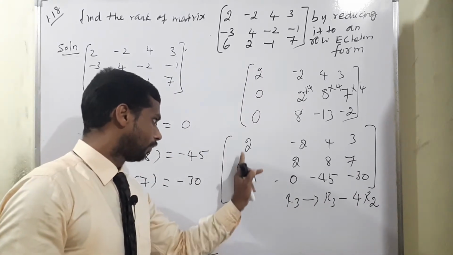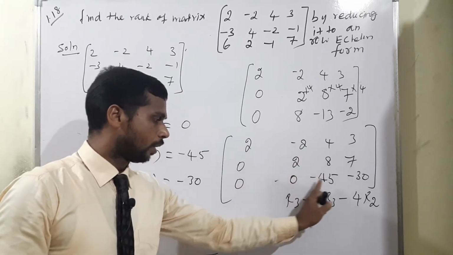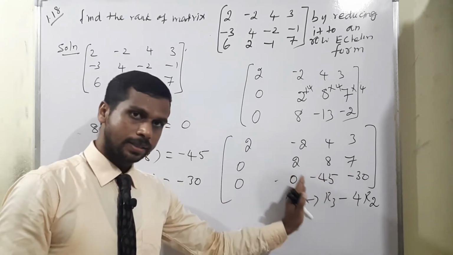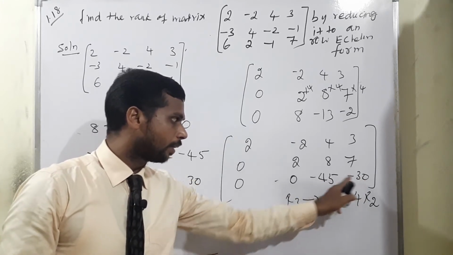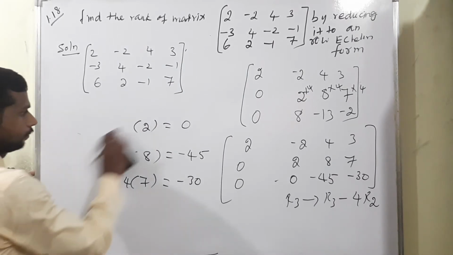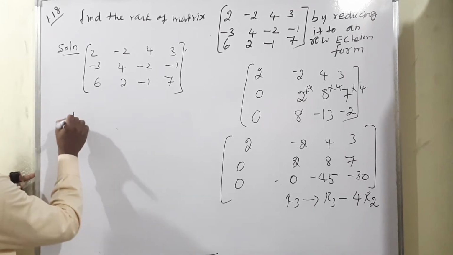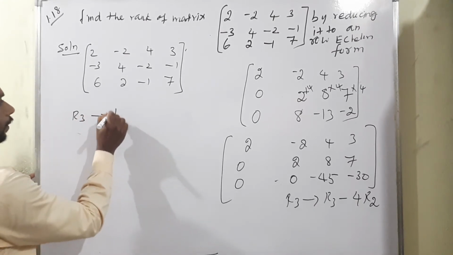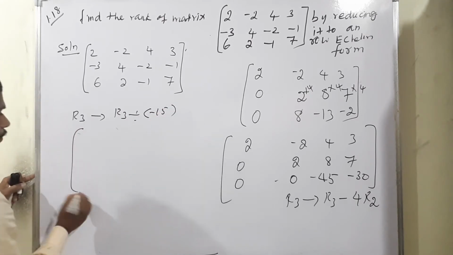Under the term, when starting the non-zero digit, under the term 0, again 2 is there under the term 0. But the third row, this answer is also correct. If you want to make it a short number, what we have to do is divide each and every time by 15, isn't it? Therefore, we just have to modify R3, R3 divided by minus 15, okay.